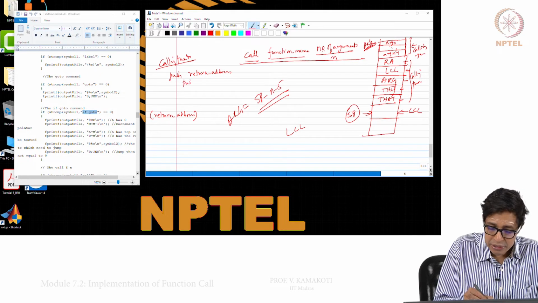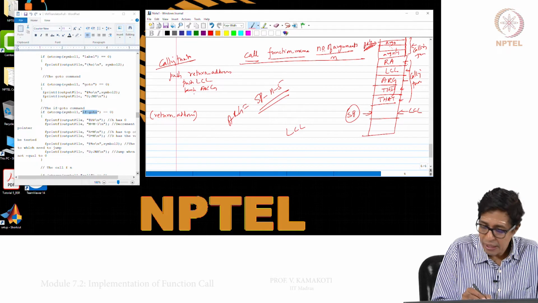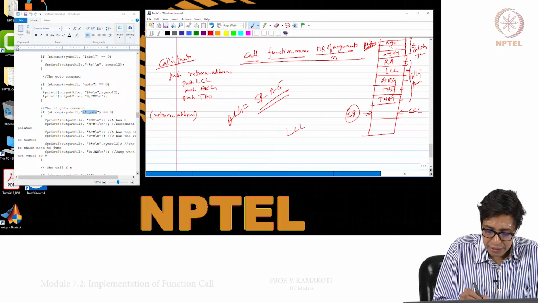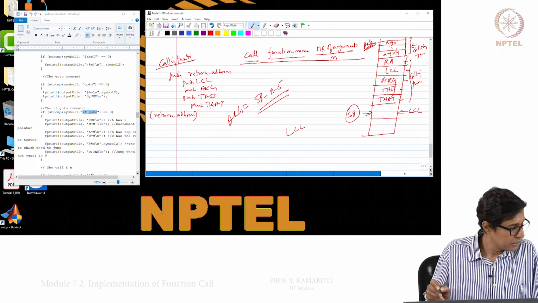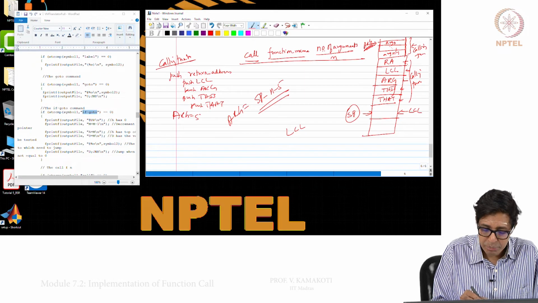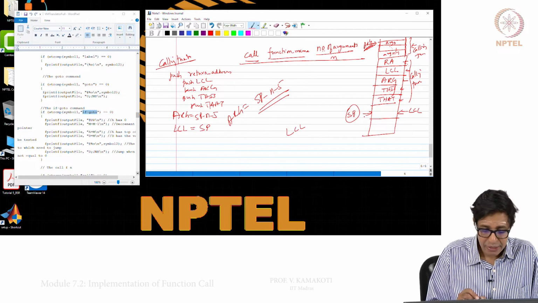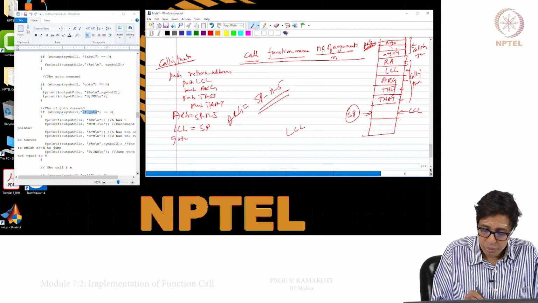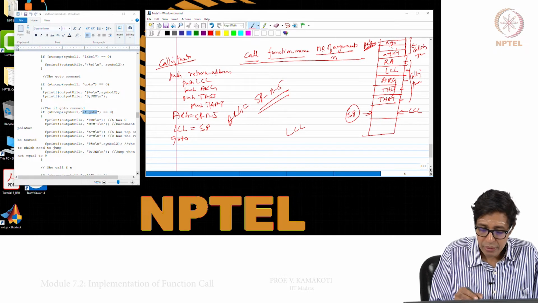Then I have to push LCL, push ARG, push this, push that. Now I have to reset ARG as SP minus n minus 5. I have to make the new LCL as the current SP, and then I have to go to the new function.